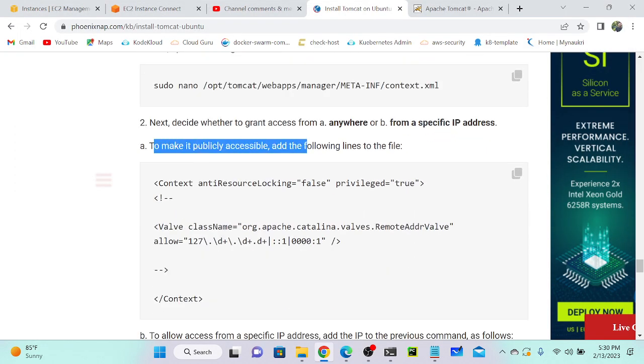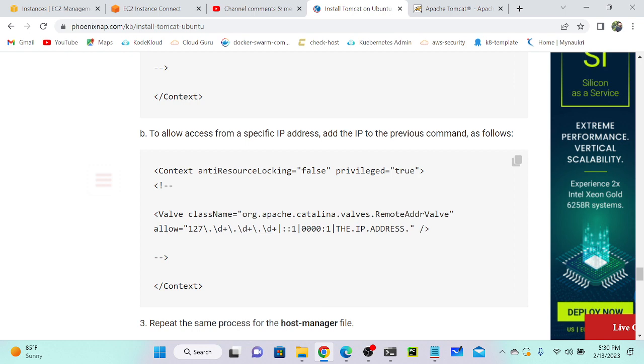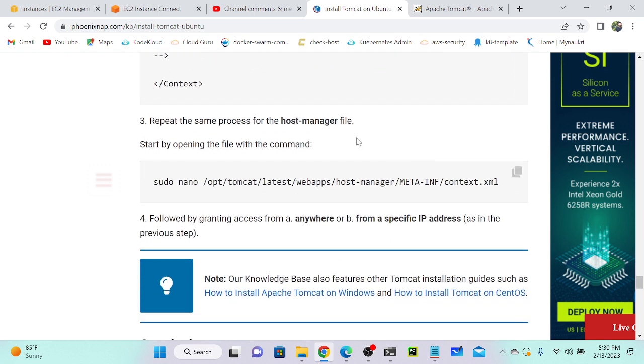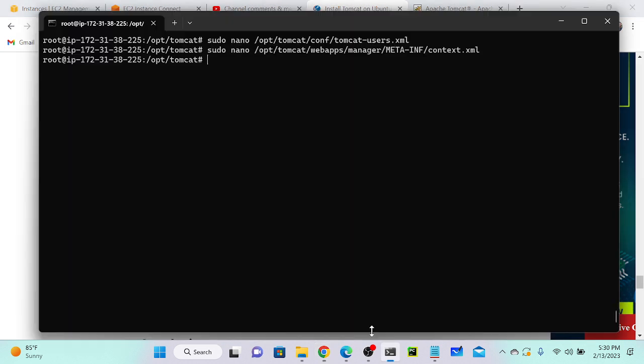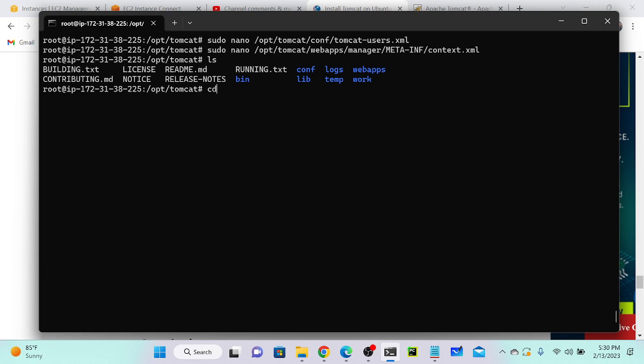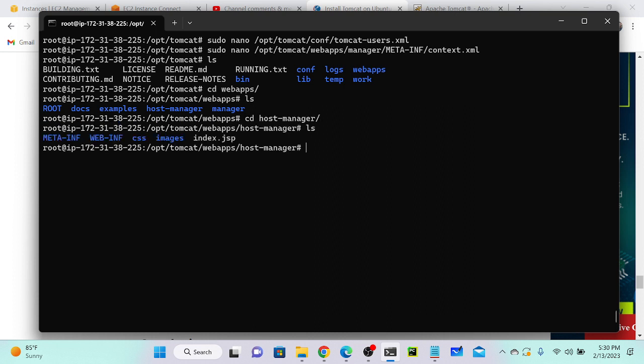Second step. Okay, now we have to go to the host manager file and we have to do the same. I'll go to my server again. ls, go to cd webapps, cd host-manager, then META-INF.